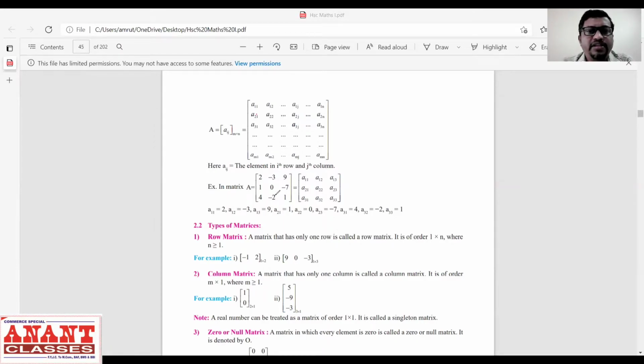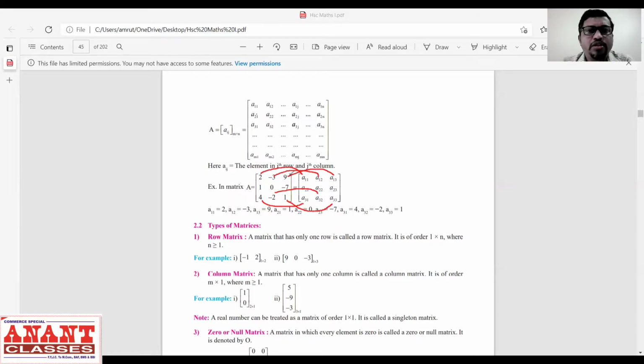तो यहाँ पर ये मैट्रिक्स दिया है, उसके ये नोटेशन दिया है. इस 2 का मतलब a11, -3 का मतलब a12, 9 का मतलब a13, so these are the corresponding notations. Here it is 4 मतलब a31 third row first column, -2 मतलब a32 third row second column, 1 मतलब third row third column. So these are the